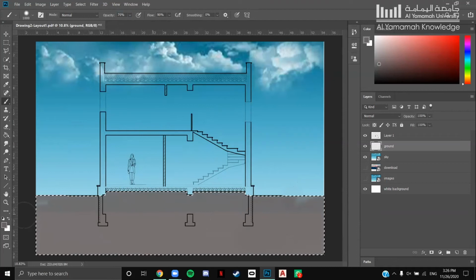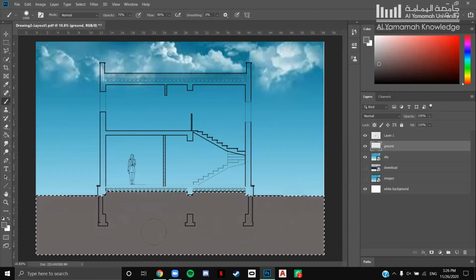Actually, the brush is extremely useful in Photoshop, as my colleague just said. It's extremely important because it allows you to have more creative freedom. For example,